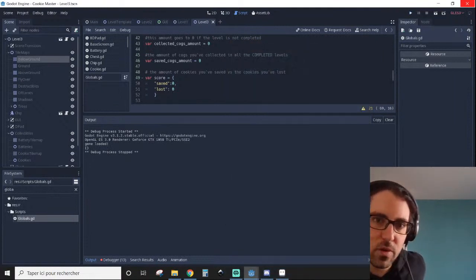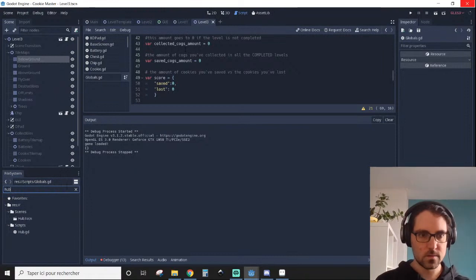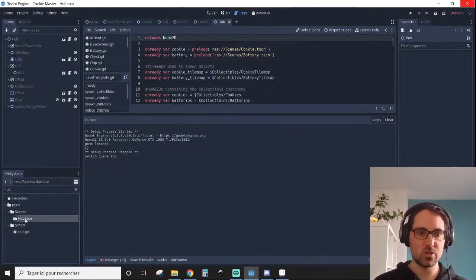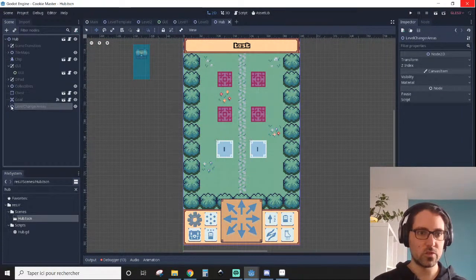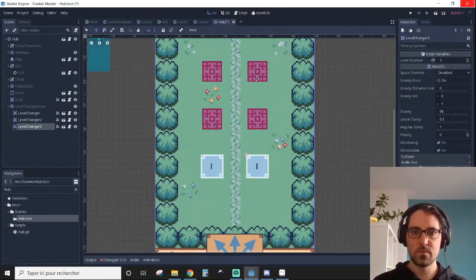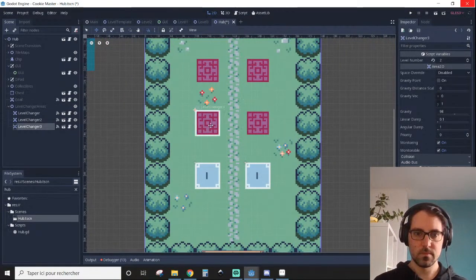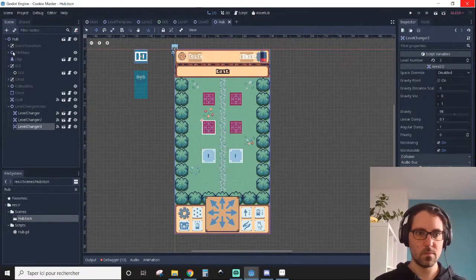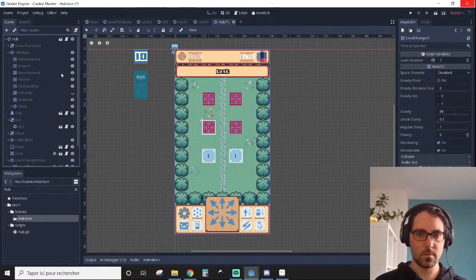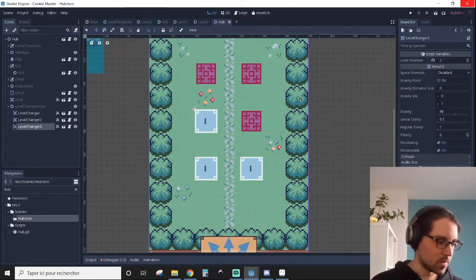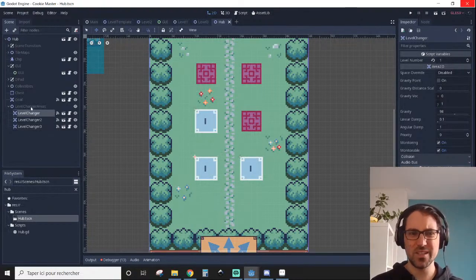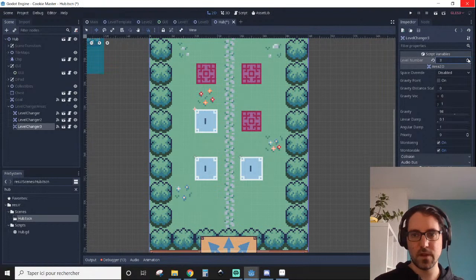Not only that, let's continue level 3, but also let's put level 3 in my hub so that I can access it easily. So I'm gonna go in my hub, which I have here, 2D view. In my 2D view, as you can see, that is my hub, and I'm gonna go in here in my level changer areas, and I'm gonna duplicate this, and I'm gonna place it, I guess, here. And I can remove this tile there. And the only thing that I need to do now is specify the number. As you can see in here, I have these level changer areas, and I have 1, 2, 3 level changer. And the only thing that I need to specify here is the level number. So here for level changer 3, I specify level number 3. And so whenever I do that,